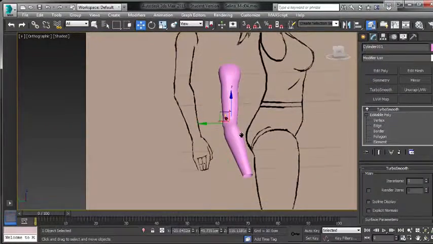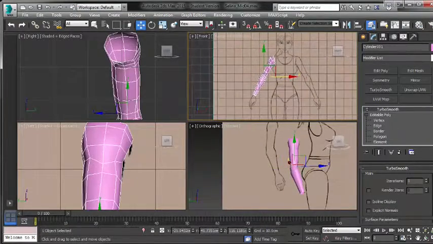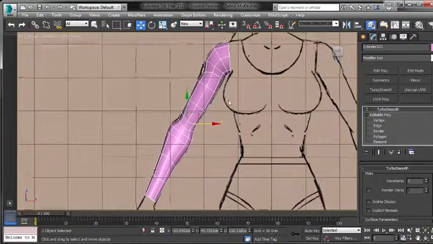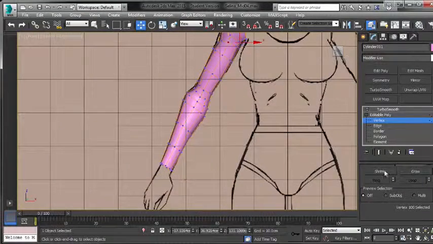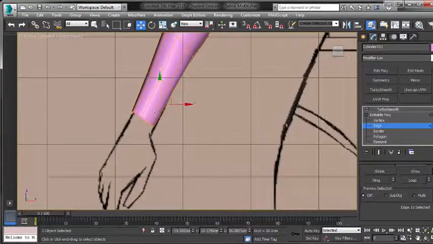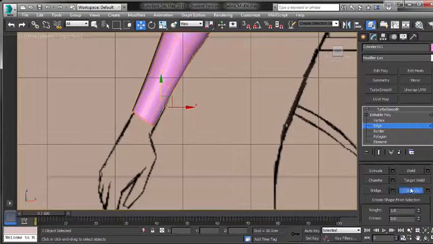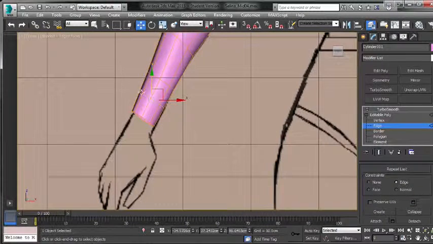Alright, so that's pretty much our arm. I'll just turn the turbo smooth off and we'll have another quick look. We'll need another edge loop down here around the wrist. So we'll select this edge and go ring and connect. Again, this is for the same reason as all the other joints, so we have enough information when we start to